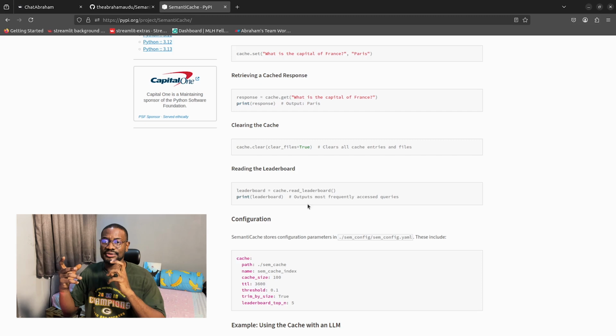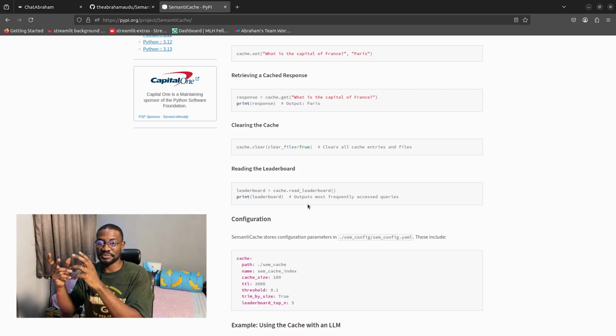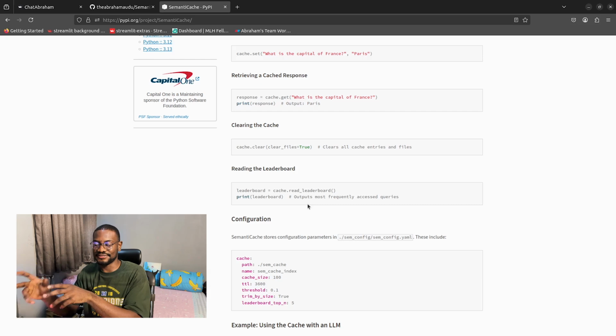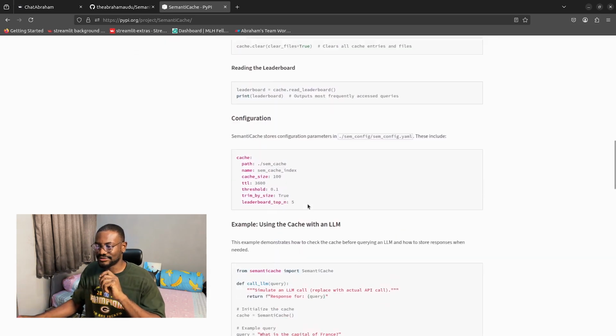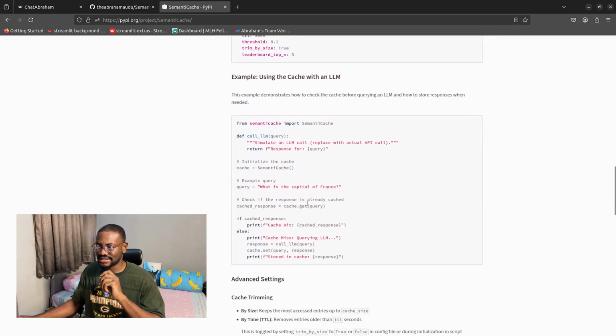So in case you're using a purpose-built system, maybe like a RAG LLM, and you want to know, okay, what kind of questions are people asking the most? With SemantiCache, you also get insight into that information, right? So it's really cool like that. So here's an example use case. I'm going to demo with an